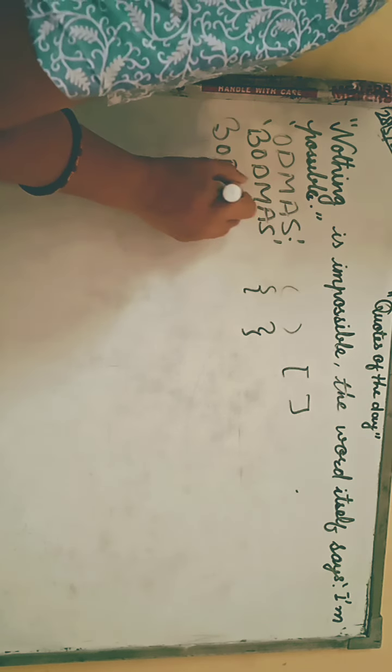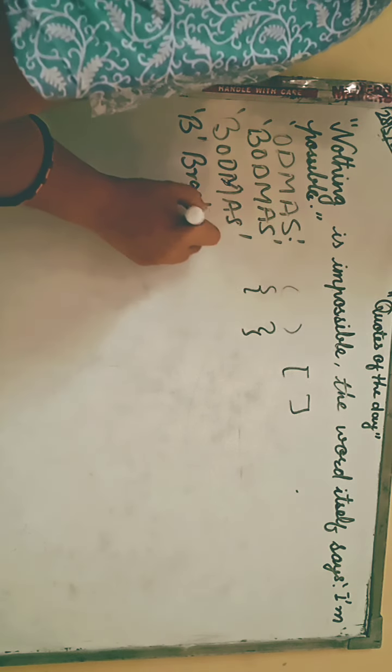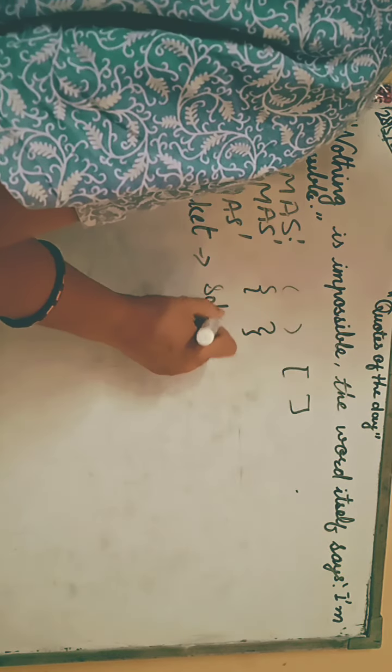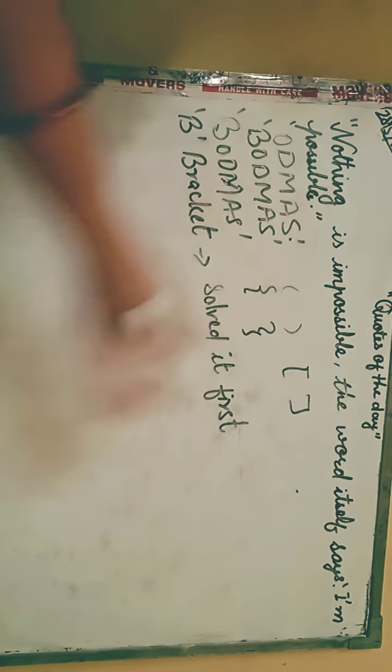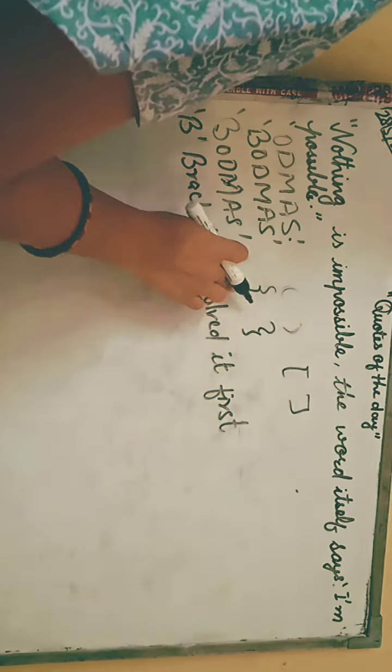First of all, I explain about BODMAS. What is BODMAS? It means B for brackets, O for of, D for division, M for multiplication, A for addition, and S for subtraction. As I explain to you, first you will solve B for brackets, and there are the small brackets. First you solve them, then curly brackets, then the square brackets.